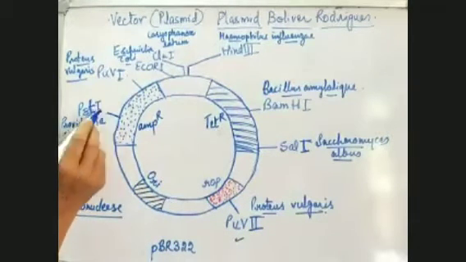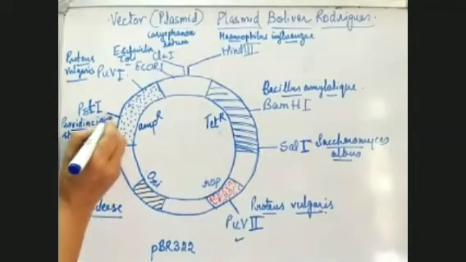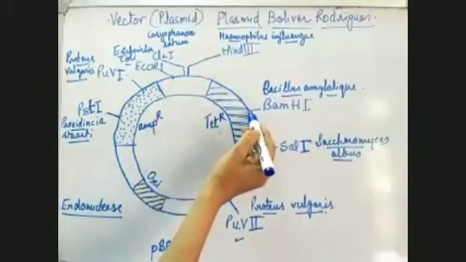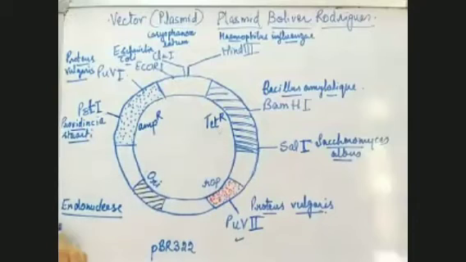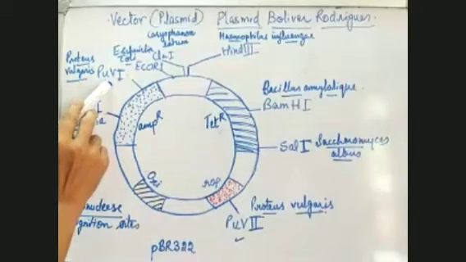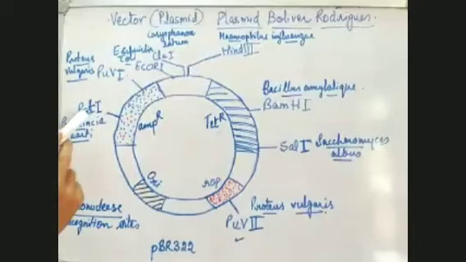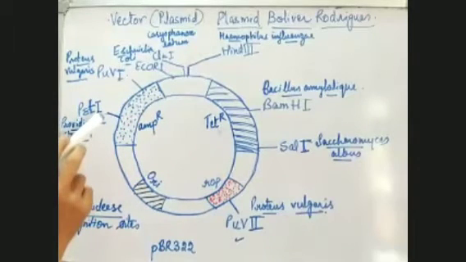For PST we have made an arrow here, and these two, and this we have marked here. This is another, this is another. Recognition sites are the places where the cut on the plasmid will be made, where we will cut it. And what is used to cut it? PUV will make a cut here. PUV is the endonuclease Proteus vulgaris 1. It can make a cut only here. PST1, Providencia stuartii, can make a cut only here.